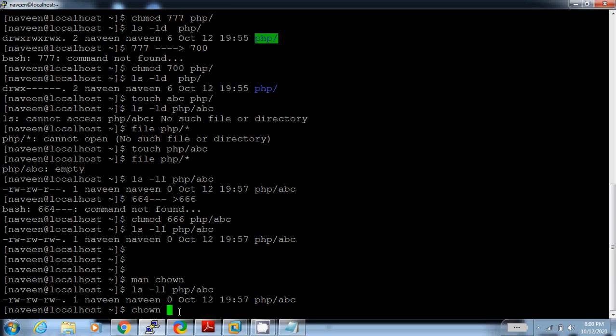Command is chown xyz, changing Naveen to xyz, and file location is php abc.